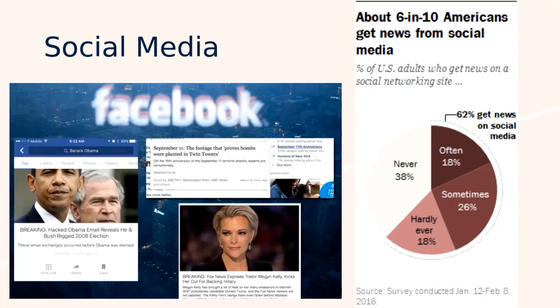It's just, because it's a connected network, it's much easier to spread misinformation. But I thought it was interesting, the fact from the Pew Research Center that found 6 in 10 Americans get their news from social media. So about 62% in some way, maybe it's often, sometimes, maybe it's just a little bit, in some way receive news via social media.